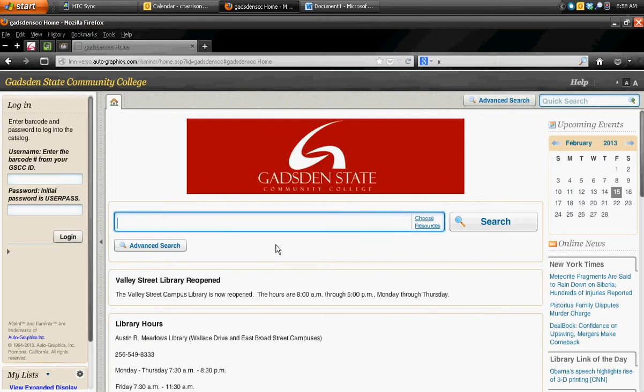So let's use William Faulkner this time. Now, when I search for books, I'm going to use my author because I'm not going to find a whole book that's just about my work. Now, that's not true about AVL articles. With AVL articles, we actually can find articles that are specifically about our work. So I may look up barn burning here. Let's try barn burning as an example. But what I'm going to do is narrow my search.